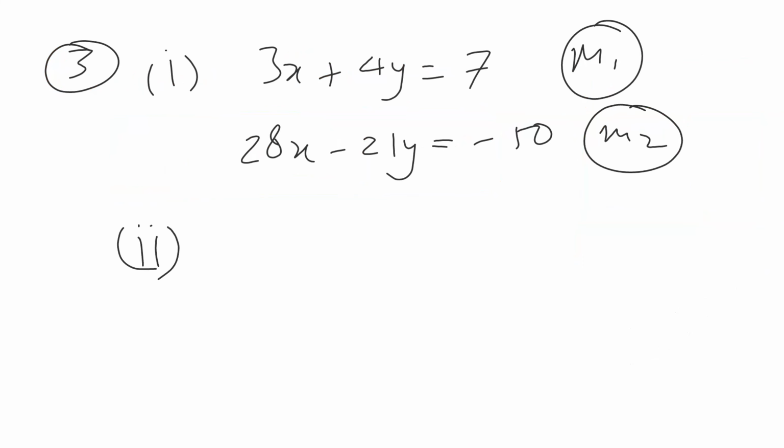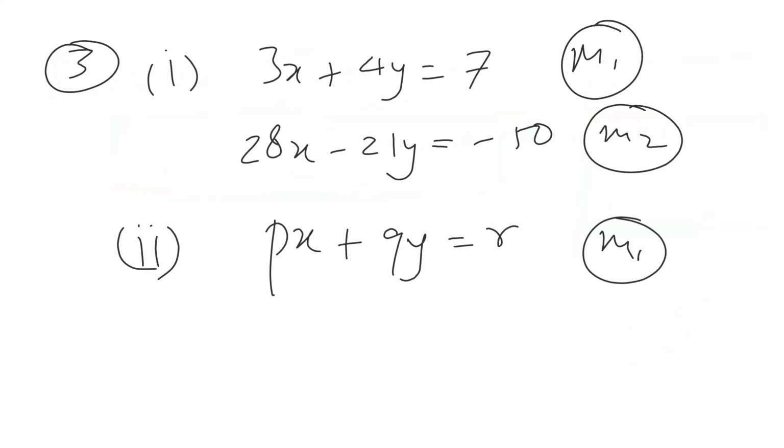Similarly, you can go ahead with the second problem. px plus qy is equal to r. Get m1, the slope, that is minus a by b. A is the coefficient of x, b is the coefficient of y, along with the positive or negative sign. And the second equation is minus 4px minus 4qy